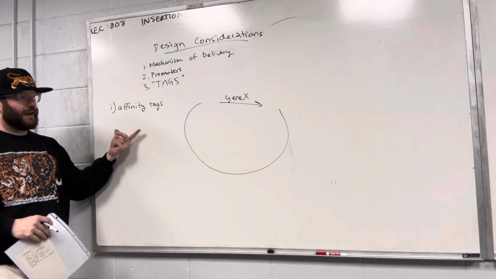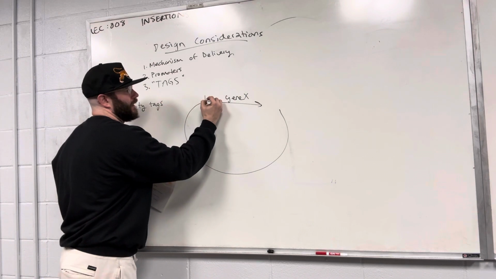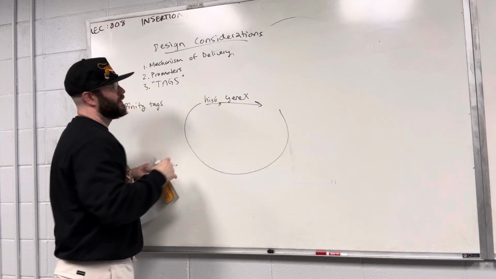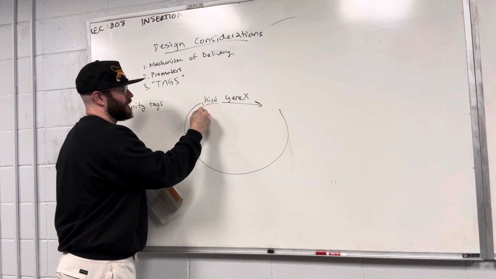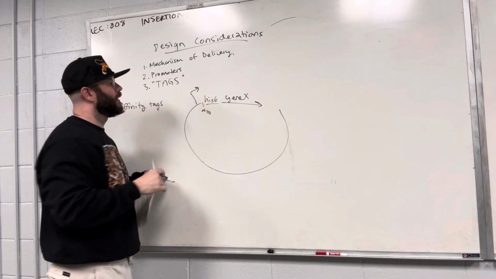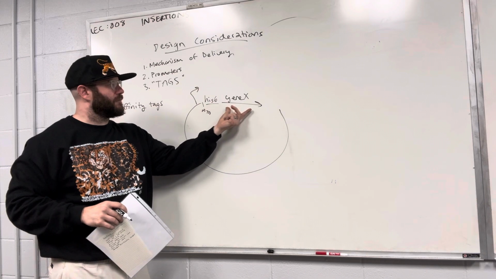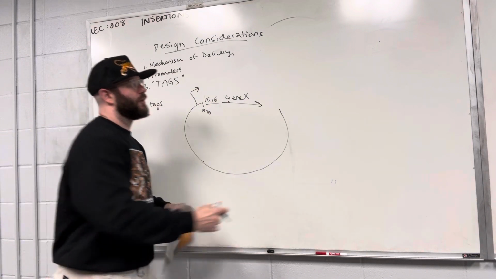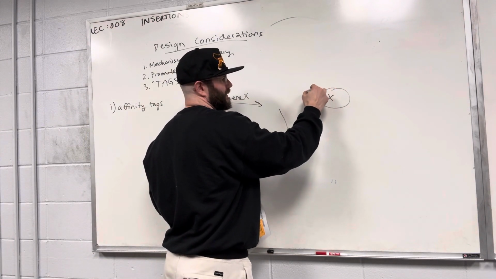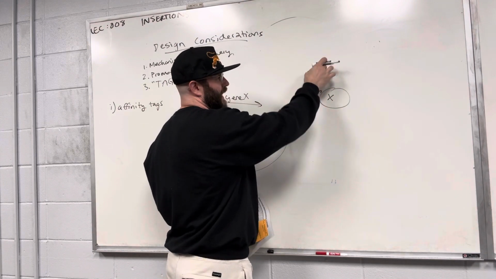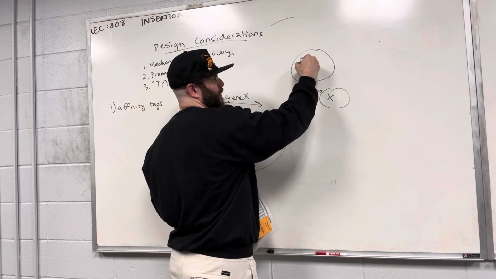So an affinity tag would be something like a His6 sequence right in front of your gene. Here's a start codon, here's a promoter. A His6 sequence in frame, in fusion with your gene X. That's going to create a protein X that has this little 6-histidine tag, and that histidine tag likes to bind metal like